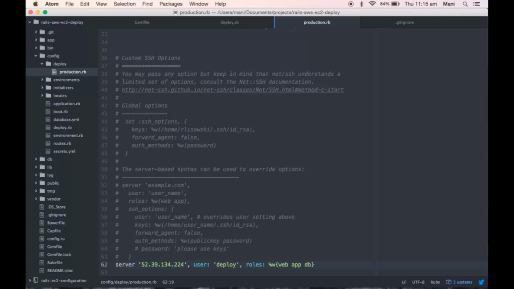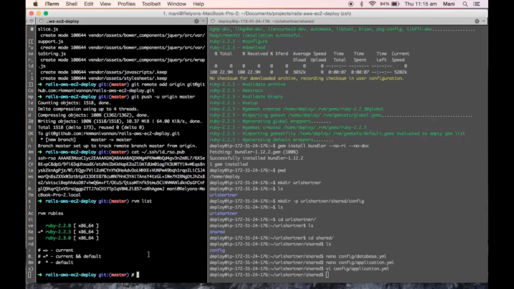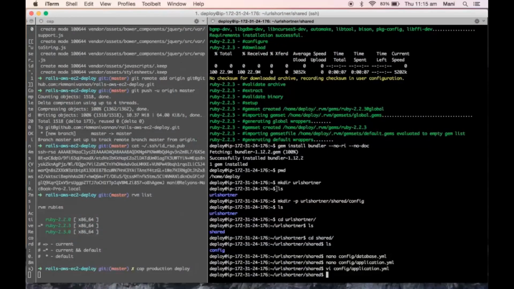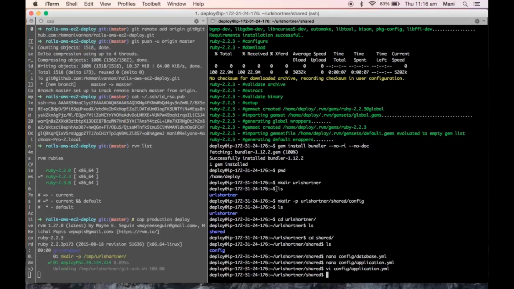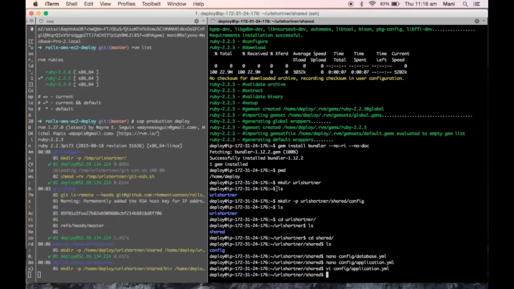Now it's time to deploy our project. So cap production deploy. Now everything is happening. It's updating all our files to the server.